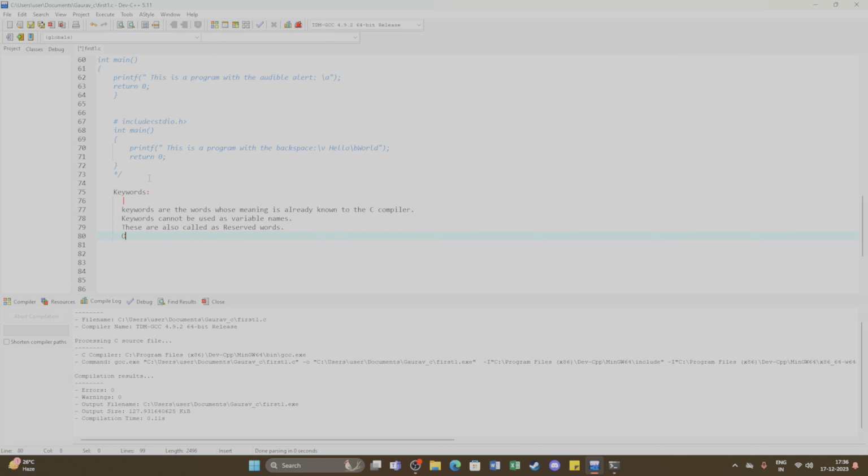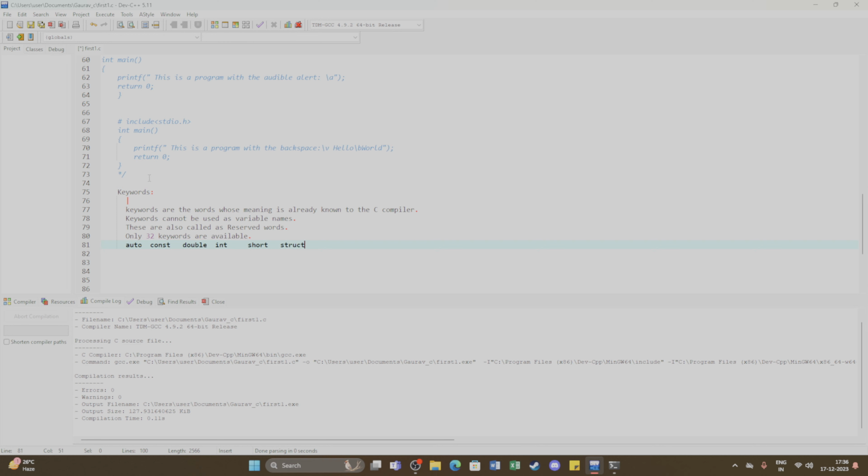So in C only 32 keywords are available. For example, auto, then there is const, then double, then int, short. This we are going to see afterwards. Then struct, then unsigned,